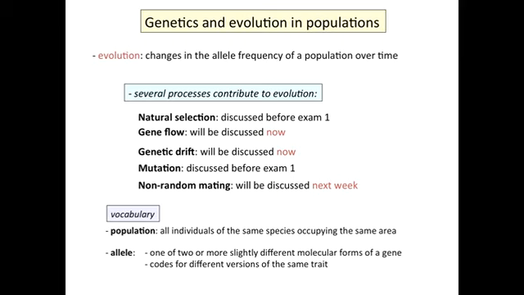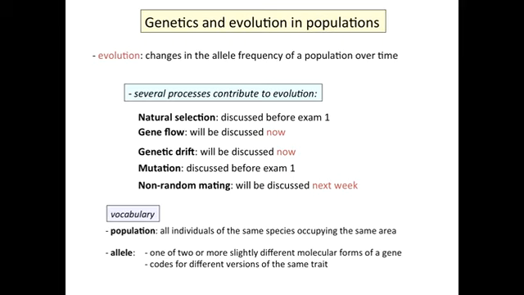There are several processes that we're going to consider in the next few weeks. One of them that we have considered obviously in quite a fair bit of depth in our class so far has been natural selection. This is one of the processes that can change the allele frequency in a population over time. Now we're also going to talk about gene flow, genetic drift. Last class we talked a bit about mutation and how mutation is the source of raw material for evolution. Next week, when we meet, we'll be talking about non-random mating.